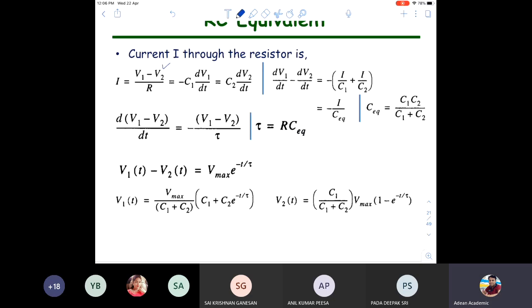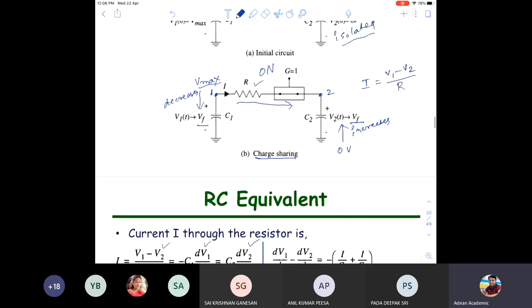Or separately, the current in the first capacitor, the same current, it is a series network, right? So the current flowing in the resistor is this one, the current flowing in the first capacitor C1 is this one, the current flowing in the second capacitor C2 is this one. For the first capacitor I have taken a minus sign because the current is coming out of the positive terminal of the capacitor, minus. It is going into the positive terminal of the second capacitor, so this is plus. So this current is flowing in series.